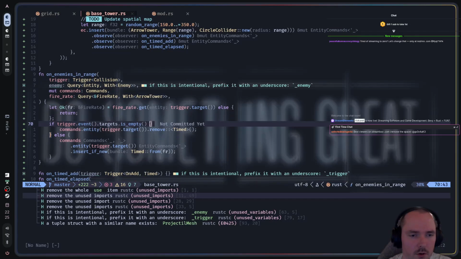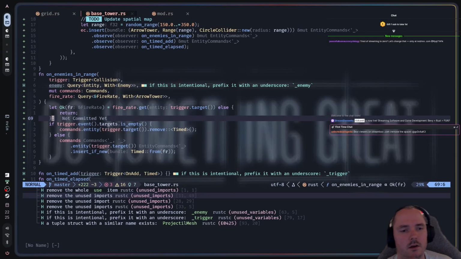That actually makes sense, because there could only be towers in range. So actually, could I improve the collision detection for... Oh, that is a future me problem, that it more or less triggers per component or something like that. I have to investigate that. But for now,